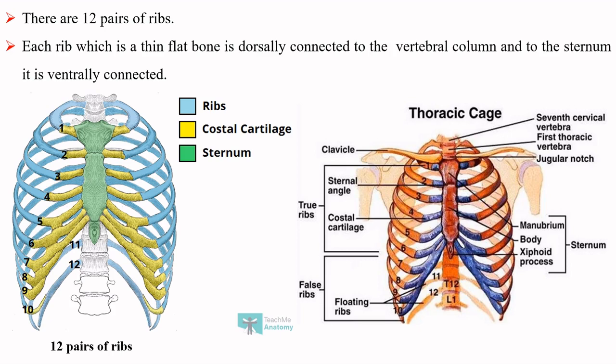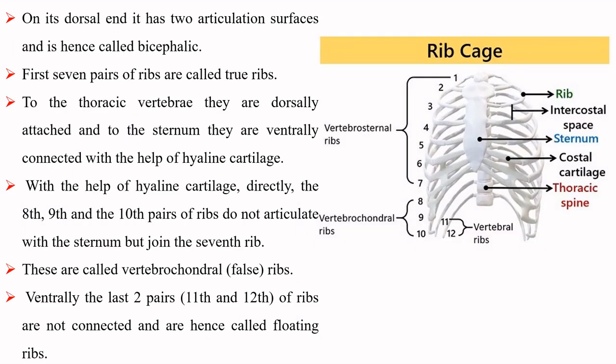Each rib, which is a thin flat bone, is dorsally connected to the vertebral column, and to the sternum it is ventrally connected. On its dorsal end, it has two articulation surfaces and is hence called bicephalic. First 7 pairs of ribs are called true ribs. To the thoracic vertebrae, they are dorsally attached, and to the sternum, they are ventrally connected with the help of